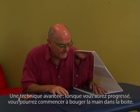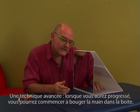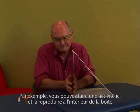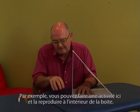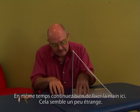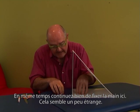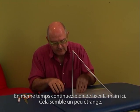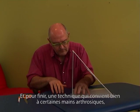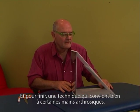A final technique. Once you've progressed, you might like to start to move the limb in the box. For example, you could be doing an activity here and you could replicate it in the box. At the same time, still looking at the hand here. Feels a bit strange. You could do it reciprocally as well. And finally, a technique